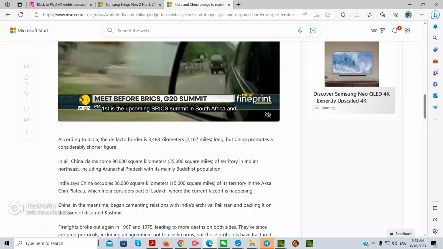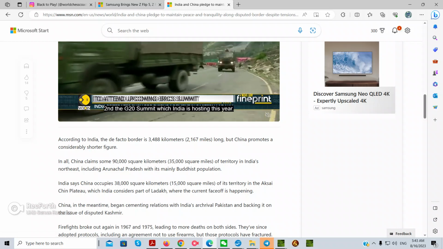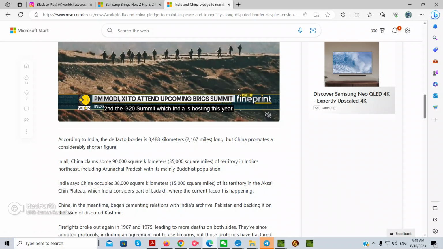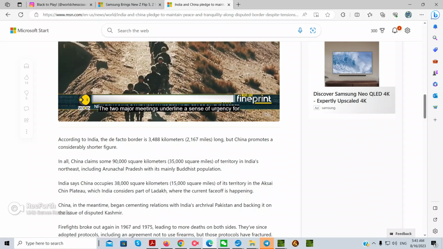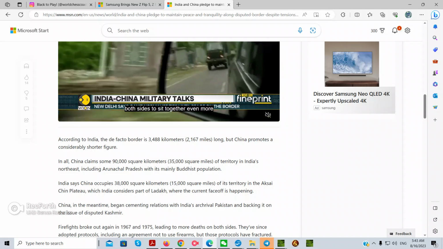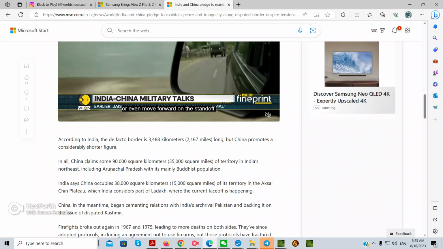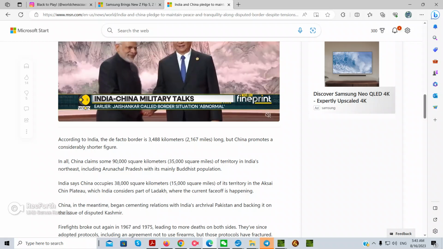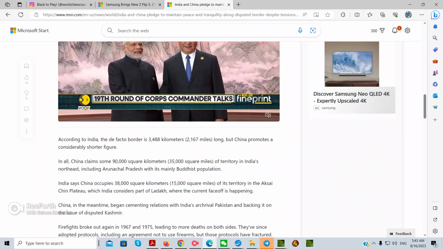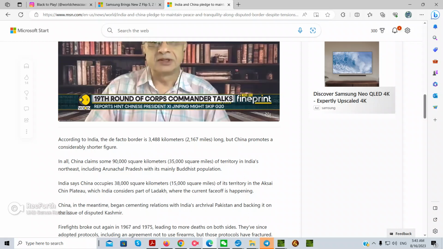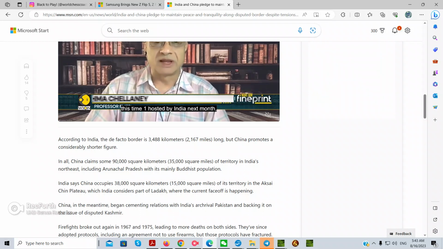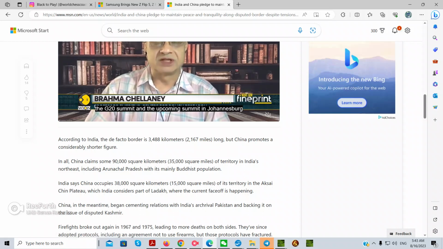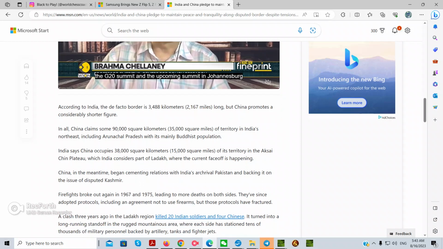India says China occupies 38,000 square kilometers, which is 15,000 square miles. So you just take the square root of that. Well, it's not evenly distributed, so it's whatever by its length by width, so whatever it is. So, for example, it would be 500 by 300 miles, because it's square miles. Of its territory in the Aksai Chin Plateau, which India considers part of Ladakh, where the current face-off is